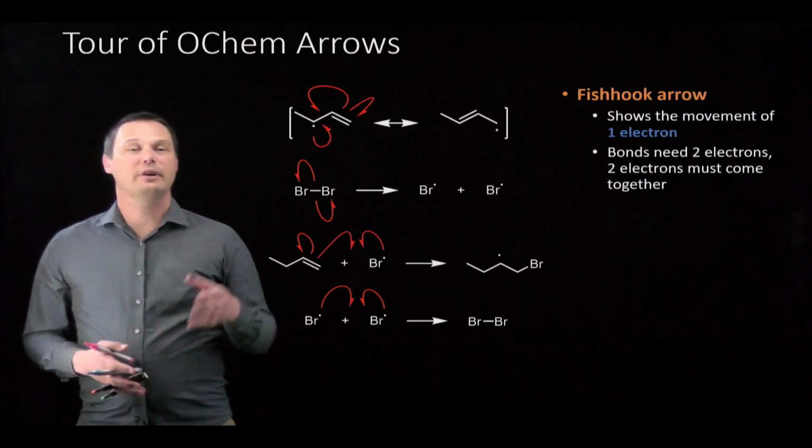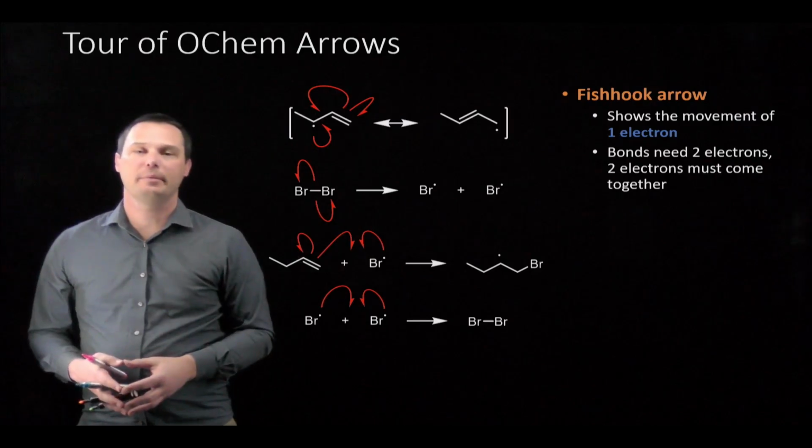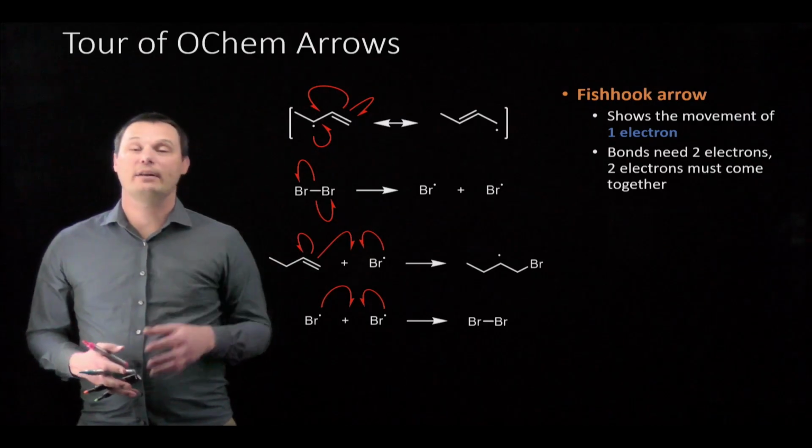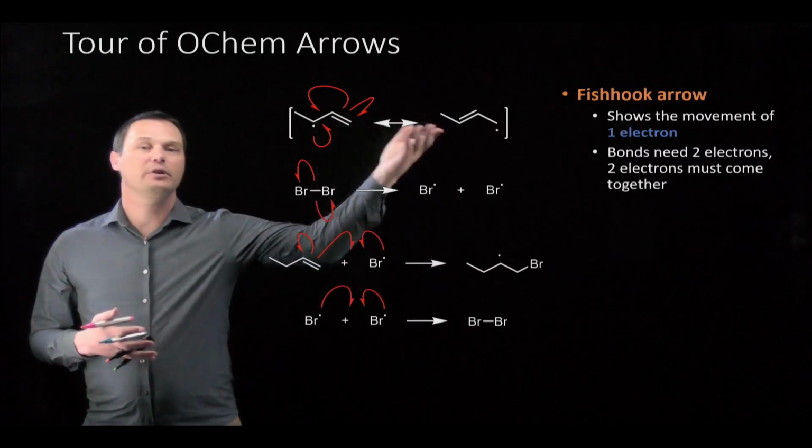A variation of the curved arrow is the fishhook arrow. The single-barbed fishhook arrow shows the movement of one electron rather than a pair of electrons. These are used exclusively in radical reactions. We can use fishhook arrows in radical resonance to show how one resonance contributor is converted into a different resonance